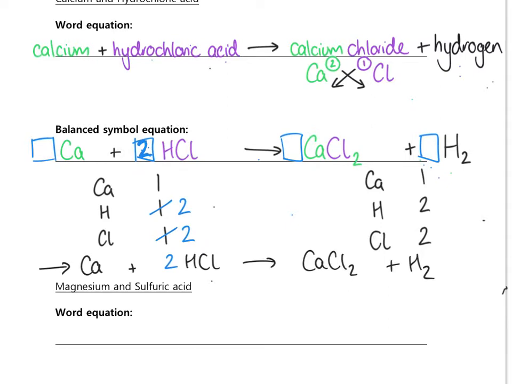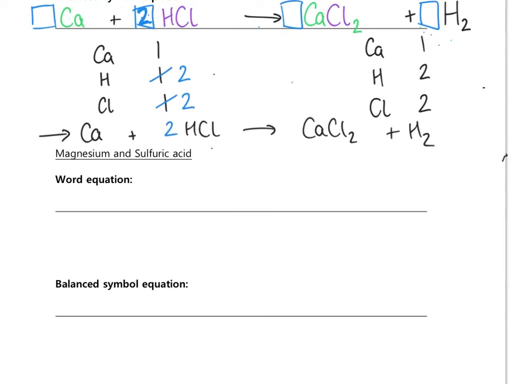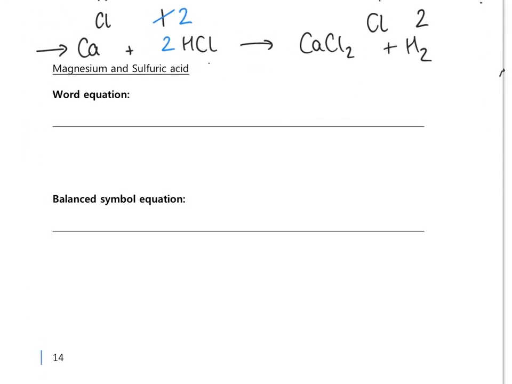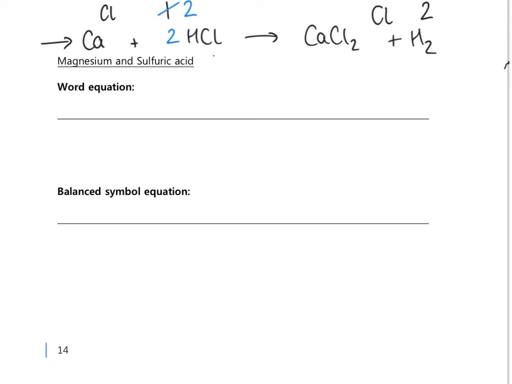You now need to write an equation for the reaction of magnesium and sulfuric acid, which was the other equation on the last page. Why don't you try and write the word equation and the balanced symbol equation. Pause the video while you do this, and then I will go through it step by step. If you're struggling, you can work through it with me, but do try and do it yourself and then see how you get on. So we see that when we react magnesium